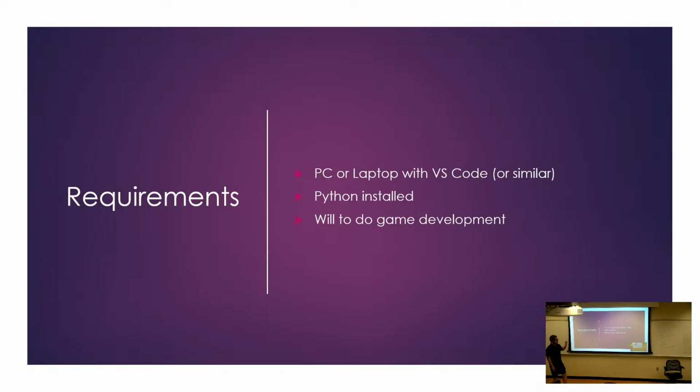So the requirements for this one are pretty simple. VS Code is available for Linux, Mac, and Windows, so anyone can get it. Most people who have done programming would have some editor, but most prefer CLion or Visual Studio, which is normal. But it's not going to be that hard to install, and it'll work on any system, which is pretty good. Also, you're going to have to install Python, but that one is self-explanatory. You Google Python, go to the Python website, and install the latest version of it, whichever one you like.